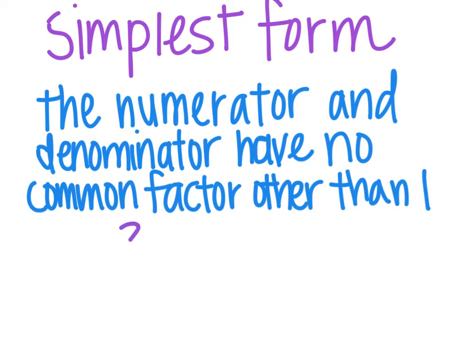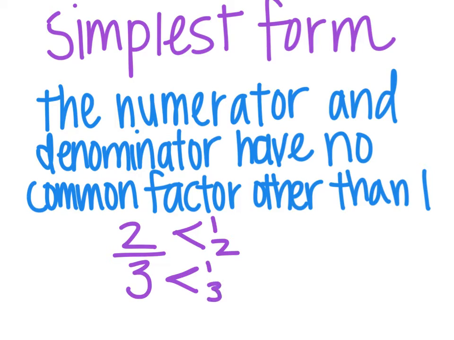If I have something like 2/3, the only factors of 2 are 1 and 2, and the only factors of 3 are 1 and 3. So the only factor that they have in common, their common factor, is 1. That means that I can't get any equivalent fraction that's smaller, or rather has smaller numbers, than 2 and 3,